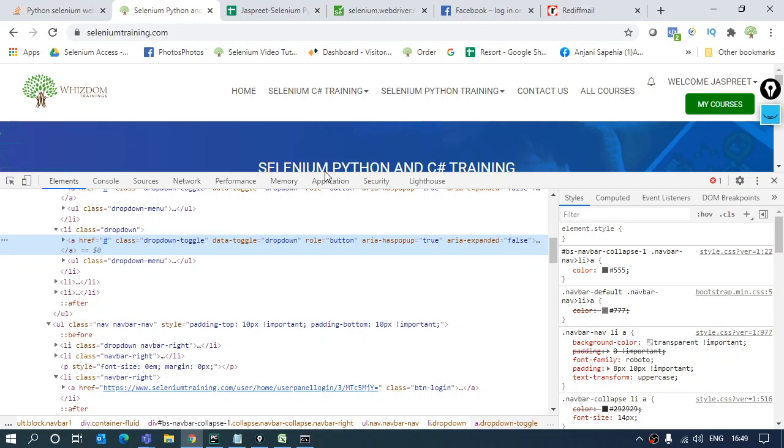If I click on a particular link, I will be routed to another page, or some kind of window is going to come up, or some different action is going to be taken. Whenever this happens, there is an attribute called href, which holds the value of the next page where you are going to be routed.